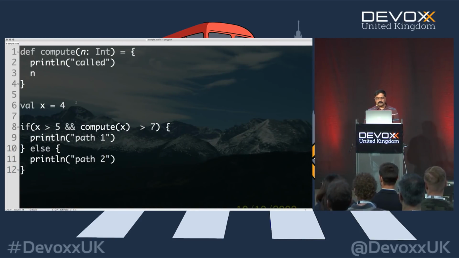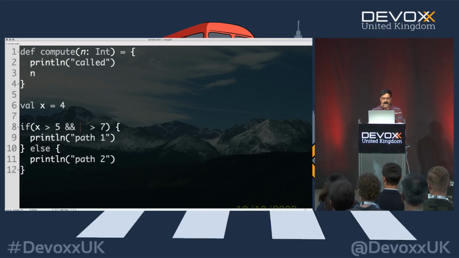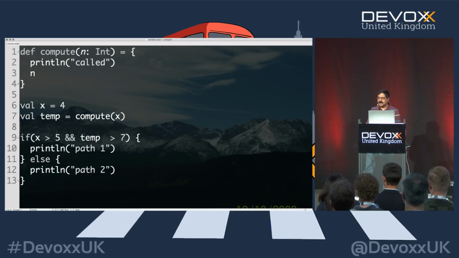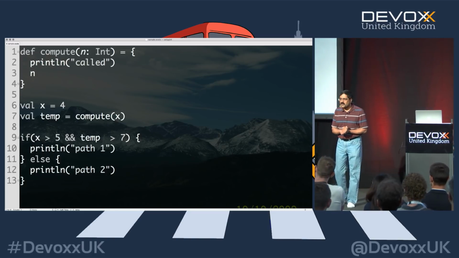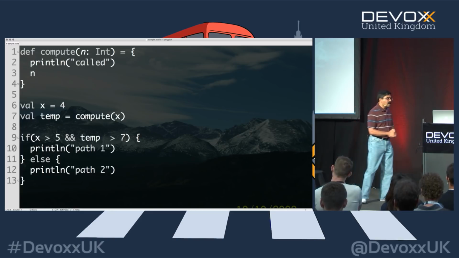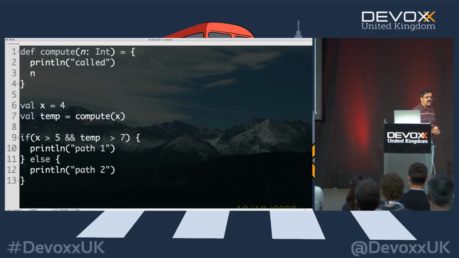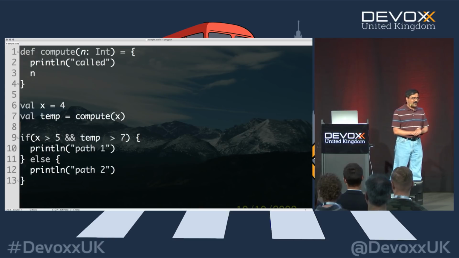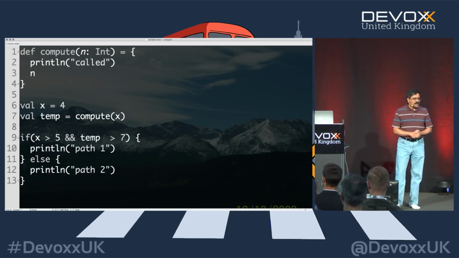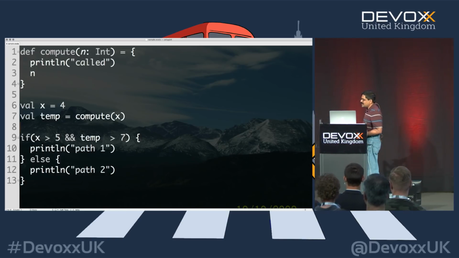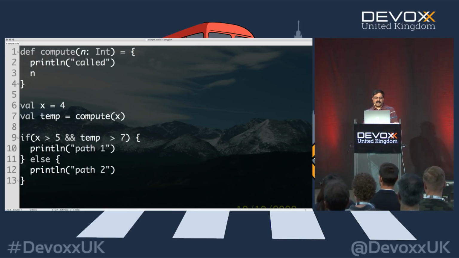On the other hand, I'm going to go back to this code and say, well, let's take this away and put it as temp right here. Now I'm going to say val temp is equal to compute. Question for you, will compute be called now? Yes, I hear yes. Let me change my question. Should compute be called now? No. What a waste, isn't it? You know very well compute shouldn't be called, and yet compute is called by the language.